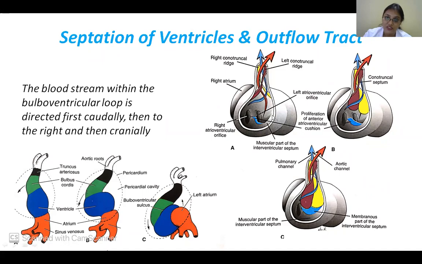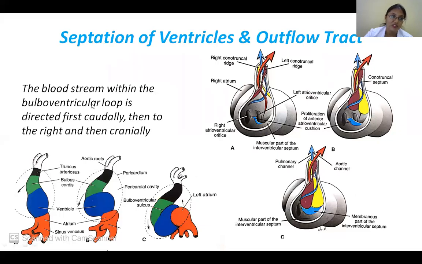So from the left ventricle, it goes behind, okay? And then again, it pushes it forward. This one, which was initially forward, then again goes back. So there is a spiraling of the blood flow. Because of the spiraling of the blood flow from the ventricles, a spiral septum will be forming, okay? And this blood flow hitting the walls of this outflow tract will actually stimulate the formation of the cushion tissue and form the septum.